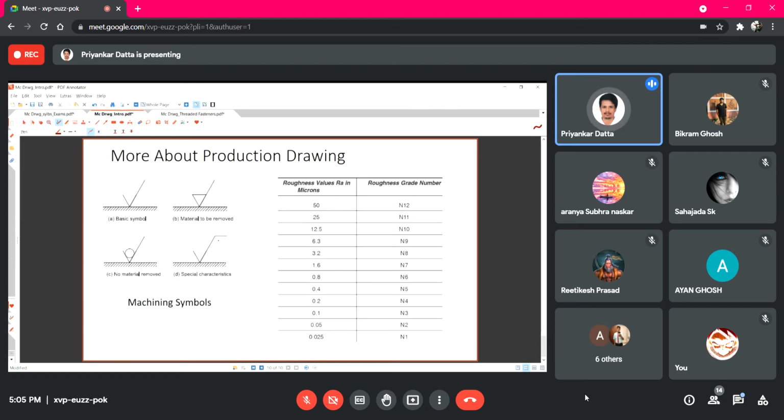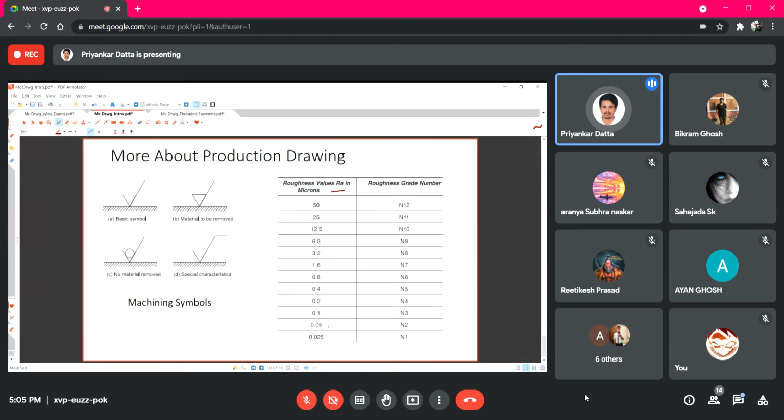So how much surface finishing is required, how much rough surface can be allowed, or how much polished surface is required, is determined based on one roughness value. In all design handbooks these tables are available, so no one needs to remember them.